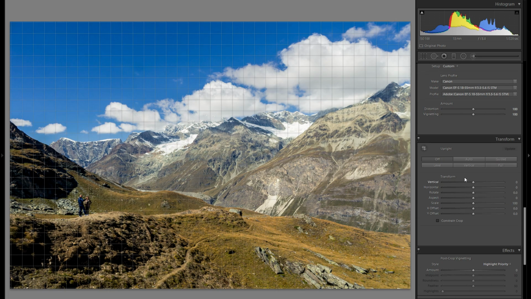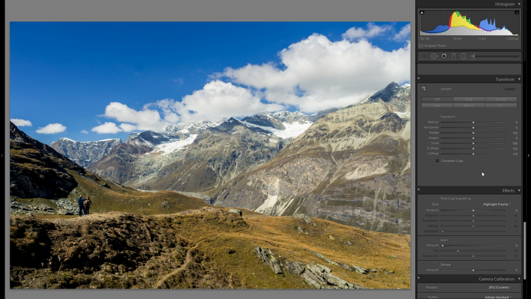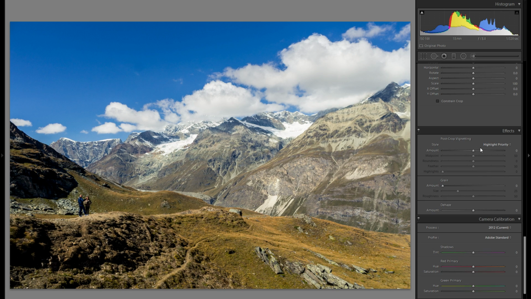Then going down into the transform tool, this is mainly for architecture, so if you really need some lines to be straight, you could straighten them here. But in most pictures, even in city pictures, but certainly landscapes, there's just no use for it. And especially if you're just starting with Lightroom, don't even worry about it, just move on, it's not a big deal, believe me. So going down into the effects, now the only thing that I really think is important here